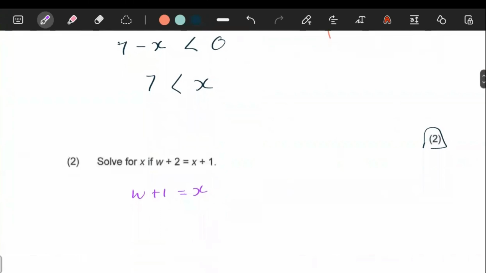So the thing is, x here has to be bigger than 7. So for x to be bigger than 7, you can think to yourself here, if x is bigger than 7, for x to be bigger than 7, you can see that your value of w has to,